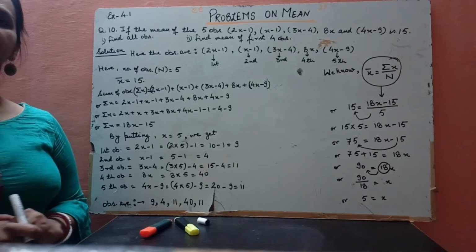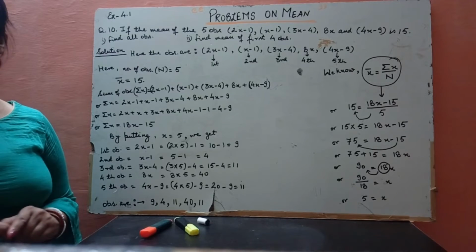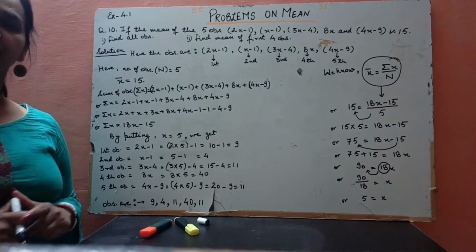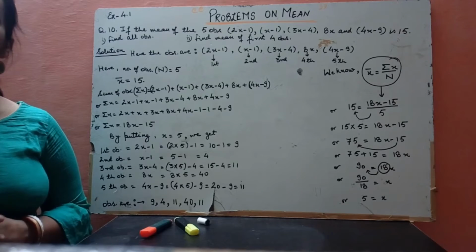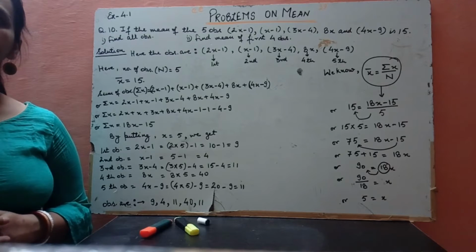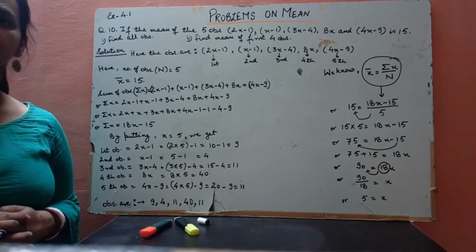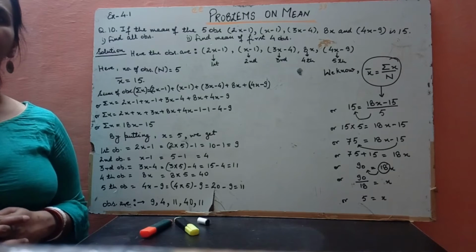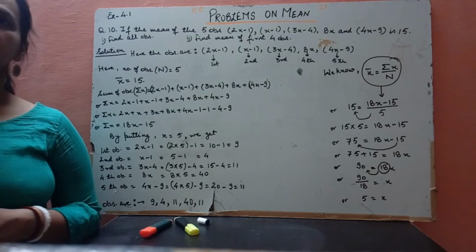In our first lecture, we had learned about what is data, types of data, how to arrange the data to get any information from that, what is the meaning of an observation, what is a frequency, how to find the highest and lowest score from the data, and how to use that highest and lowest score to obtain the value of range. And after that we had learned about mode. In our second lecture, we had learned about mean of ungrouped data and mean of frequency distribution table. In this lecture we will discuss the problems on mean.